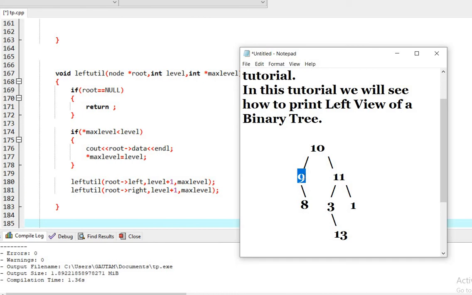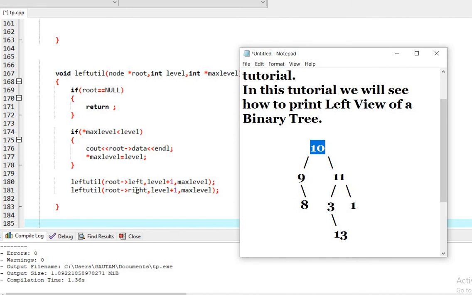Now here the level is 2 and max level is 1, so again it will check if max level is less than level, which is true, and it will print the data, that is 9. Again this function will be called, then 8 will be printed, but after 8 it will check if root is null and it is, which will be true for its left part and right part, hence it will return. It will come to 10 again.